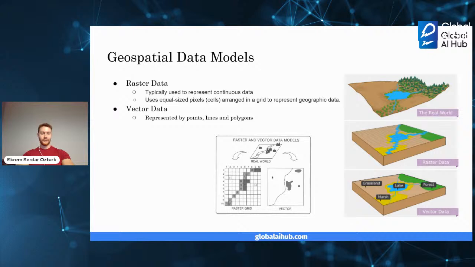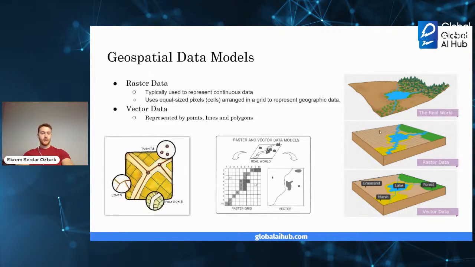So the second one, vector data. Vectors are graphical representations of the real world. There are three main types of vector data: points, lines, and polygons. So the points help create lines. As you learned from the mathematics class, a line is a combination of limitless dots. So the points help create lines, and the connecting lines form enclosed areas or polygons. Vectors often represent the generalization of features or objects on the planet's surface.